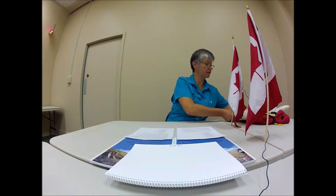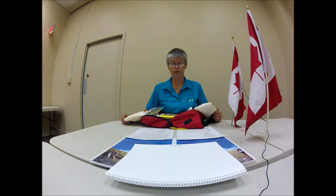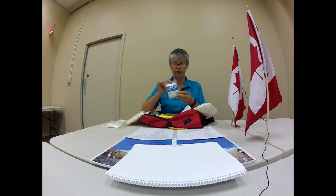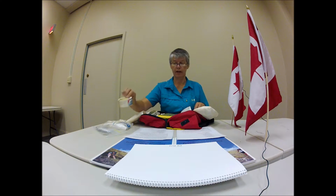First of all, here's a guideline of what to take in a wilderness first aid kit. The quantities and supplies will depend upon the length of your trip, the number of people, and the level of formal training that you have. The ideal first aid kit should have multifunctional components to reduce cost, bulk, weight, and simplify use. It can include adhesive bandages, an assortment of gauzes, triangular bandages, alcohol swabs, tweezers, and also some safety pins, some kind of adhesive tape,